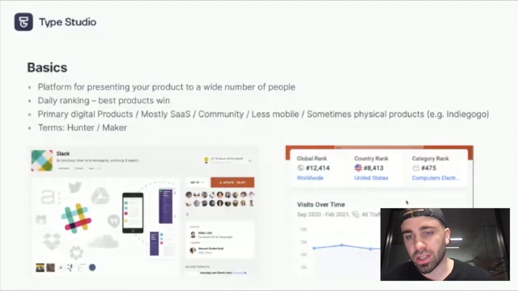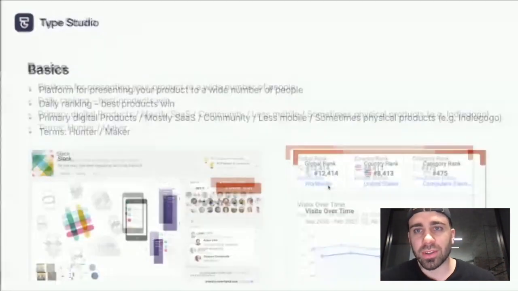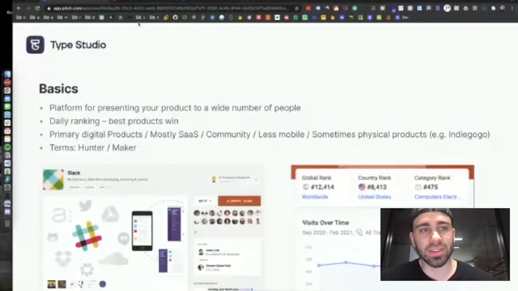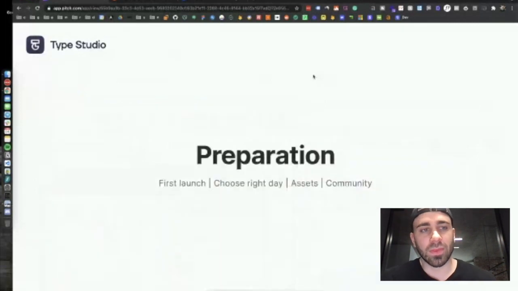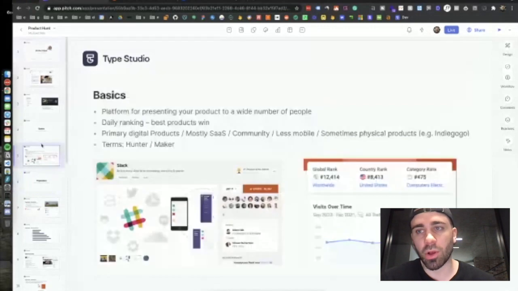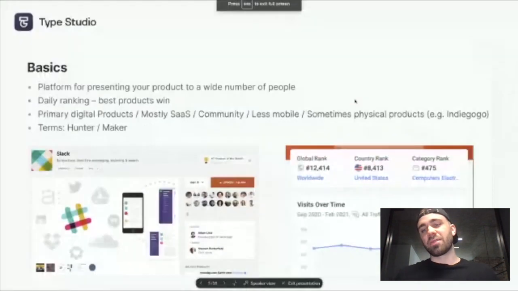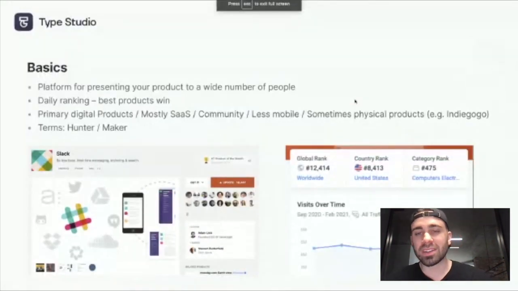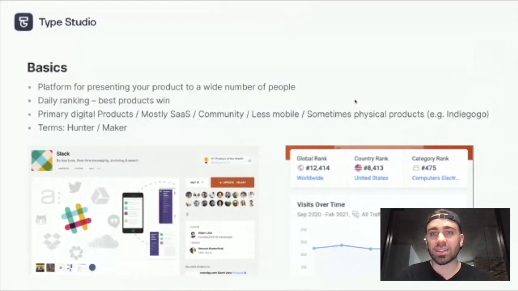SimilarWeb says Product Hunt has 5 million monthly visitors, so many people visit the site, and it is definitely a good reason to launch there, so you can reach many people from all around the world